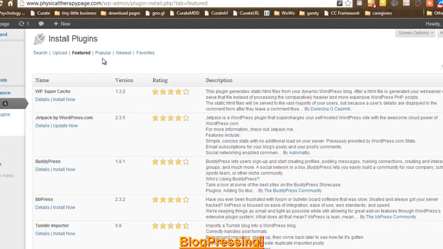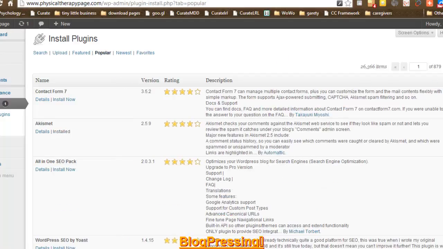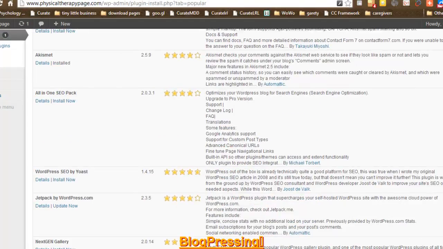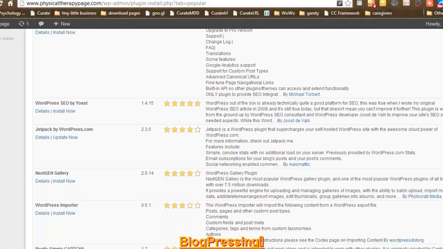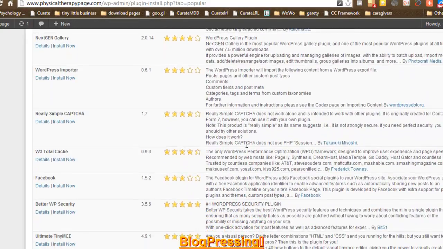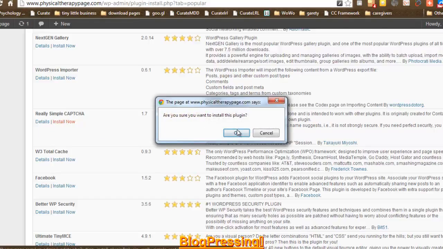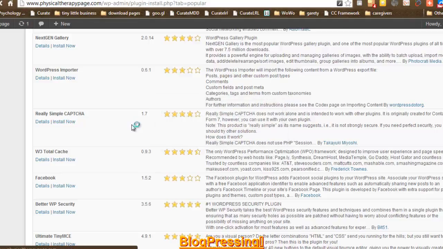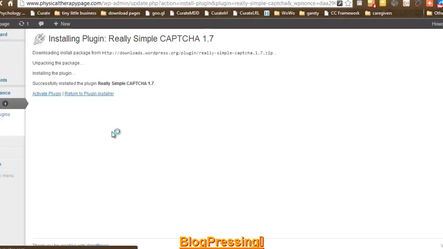Let's see what the popular plugins are. Those are the featured ones. So the popular ones: Contact Form 7, Akismet, a lot of SEO plugins which make optimizing your blog brain dead simple. You can put in a really simple CAPTCHA if you want to avoid spam and avoid bots. All you need to do is just install this. Yes, I would like to install that plugin, and it'll take me back to my site. I will activate the plugin,